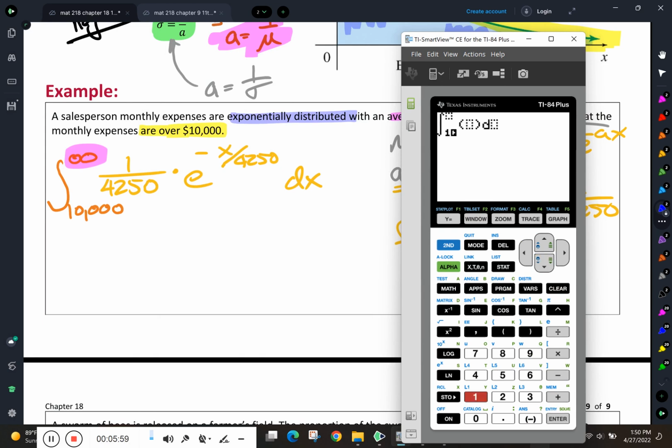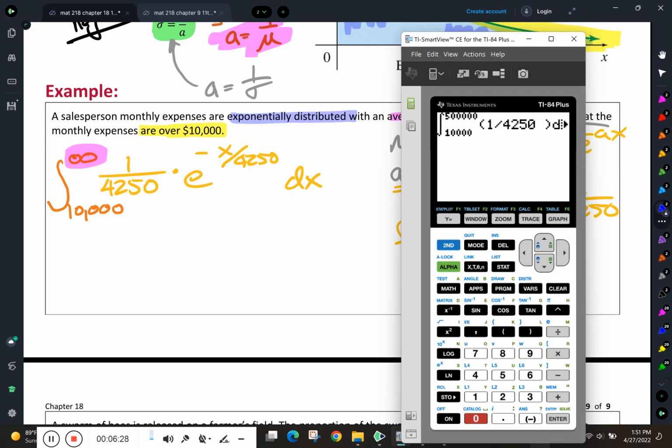Our lower limit is 10,000. Let's make our upper limit just be a really big number. Now, it has to be a big number with respect to what's going on in this, because there are lots of big numbers in this problem. So if 10,000 is our lower limit, I'm going to use something big, like maybe, I don't know, 500,000 for my upper limit. And then my integrand is 1 divided by